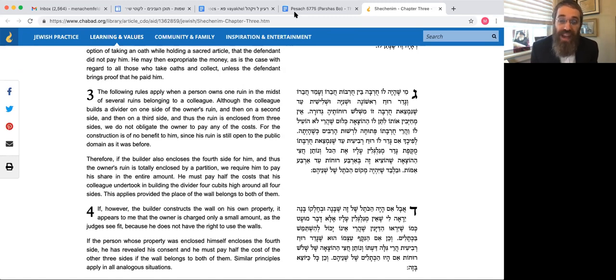He must pay half the cost that his colleague undertook in building the divider 4 cubits high around all four sides. Again, Maimonides is clear, just 4 cubits, not higher than 4 cubits. This applies provided the place of the wall belongs to both of them. So what does that mean? In the case that I told you before that my neighbor changed their fence, I wouldn't have to pay even if they fenced me in completely, because